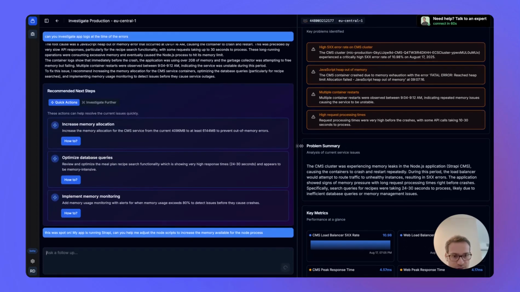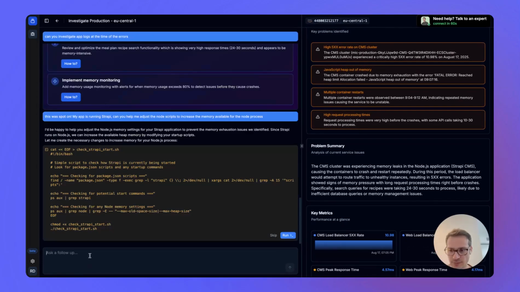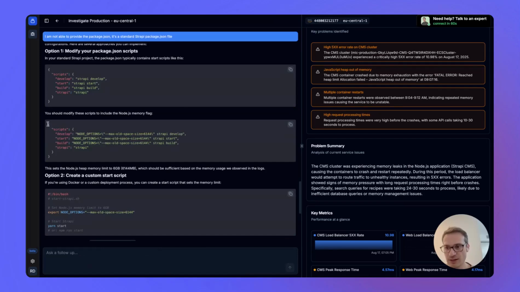Now modify those scripts like this. So as you said, the node